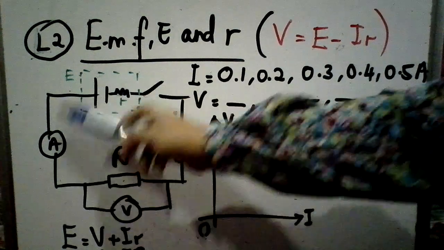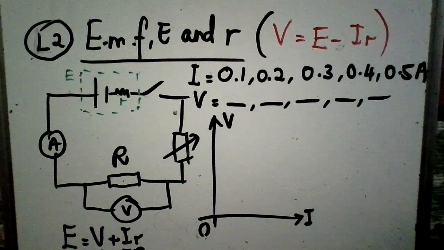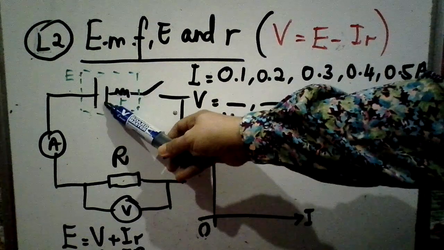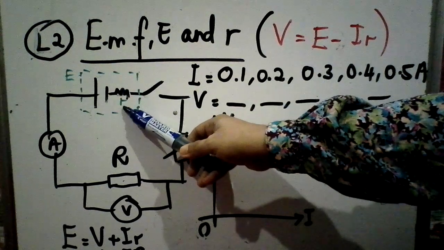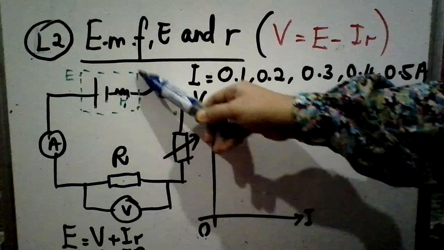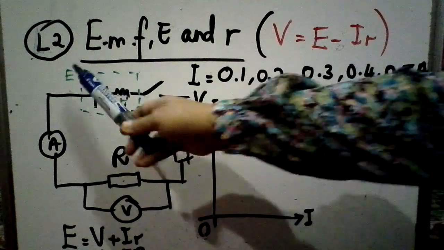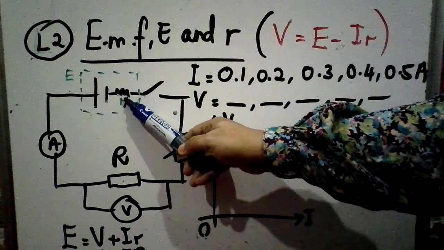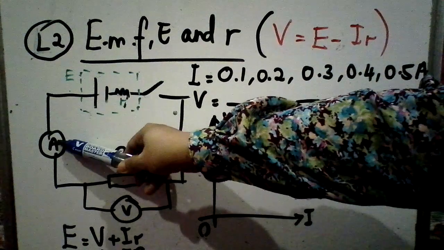So this is the setup of the apparatus. We have a dry cell. I put the label here, internal resistance, small r. The whole thing, the green bracket here, represents the dry cell, meaning the dry cell with internal resistance, small r. The switch, an ammeter to record the current,